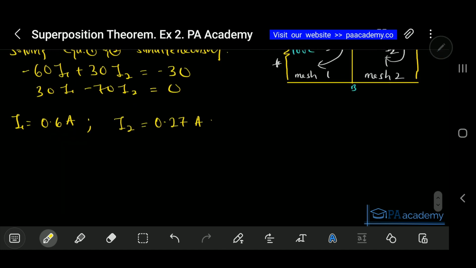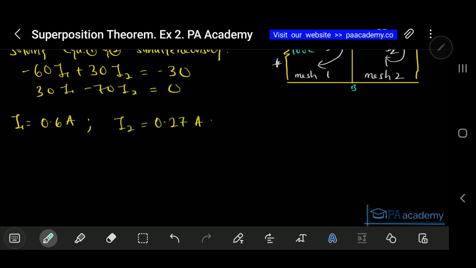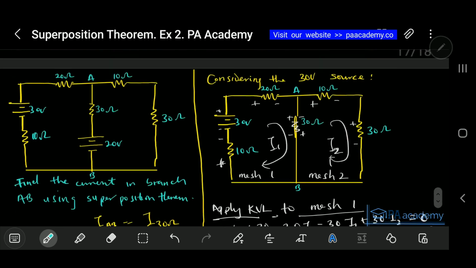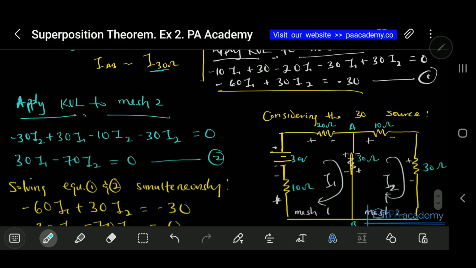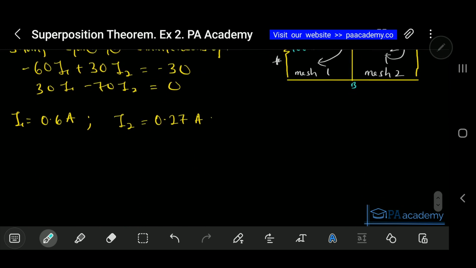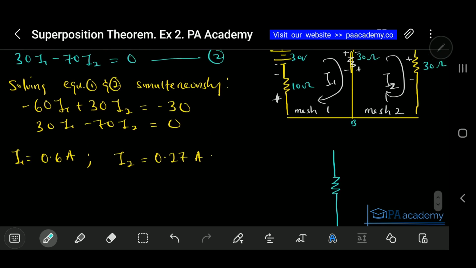Exactly. All right. So the next thing is that now that we've gotten the value of I1 and I2, don't forget I said at the beginning that we are asked to calculate the current flowing through. So let me draw it here. If you go back to the question, we are asked to calculate the current through this branch AB, and I've explained that the current flowing through this branch AB is the same thing as current flowing through the 30 ohm resistor. So with that, now let's use it to analyze what we have here, so that we can know the exact current, because we're having I1 and I2. And if you are to draw that branch where we have the 30 ohms,